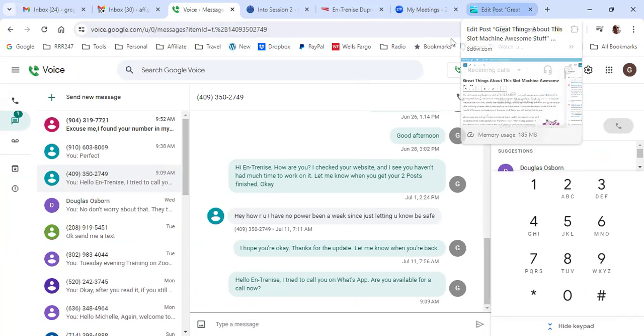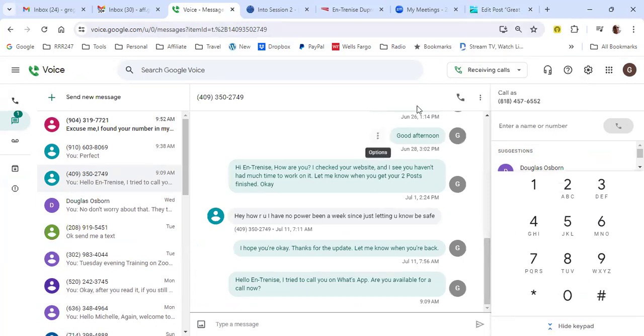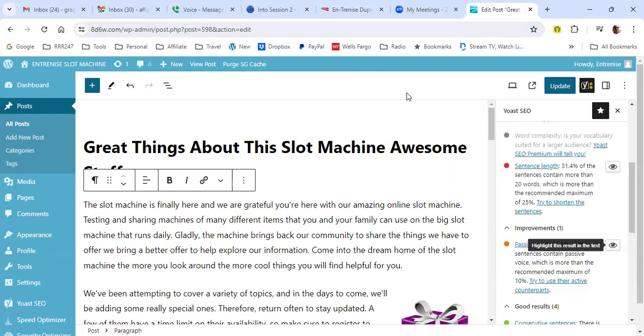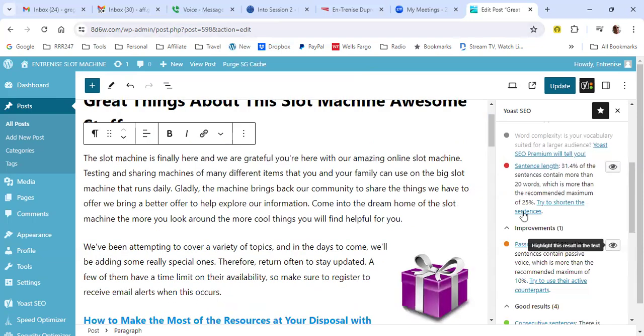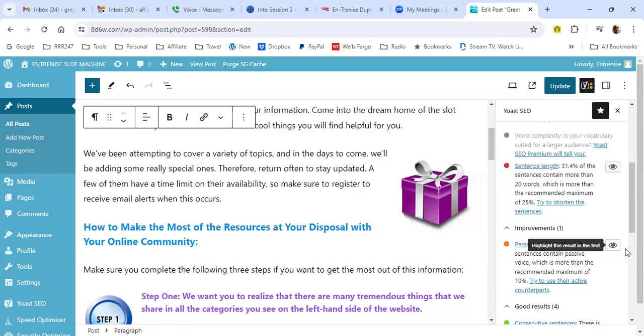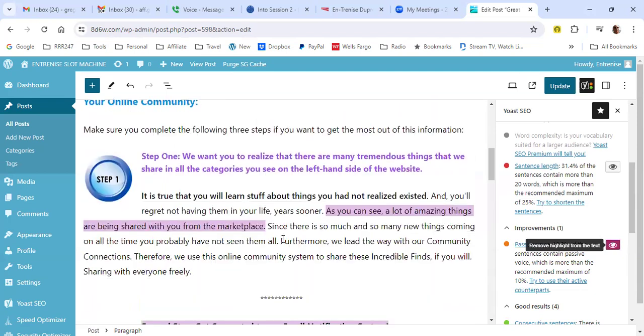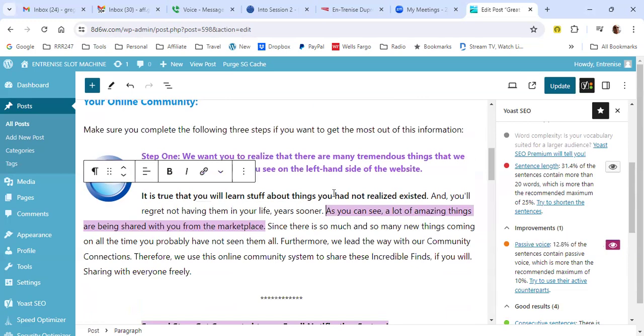It's fine. Okay, so I've got to go back to where I was. So it was here. All right, so I was showing you this. So that was passive voice. Now you have another passive voice. Let's fix that one. Rory must have had this passive voice because you haven't changed this one. As you can see, a lot of amazing things are being shared with you from the marketplace. So it'd be easy enough to rewrite this and say something like,